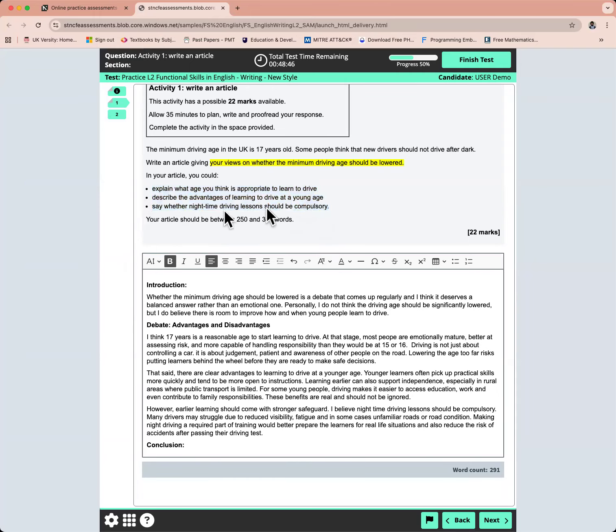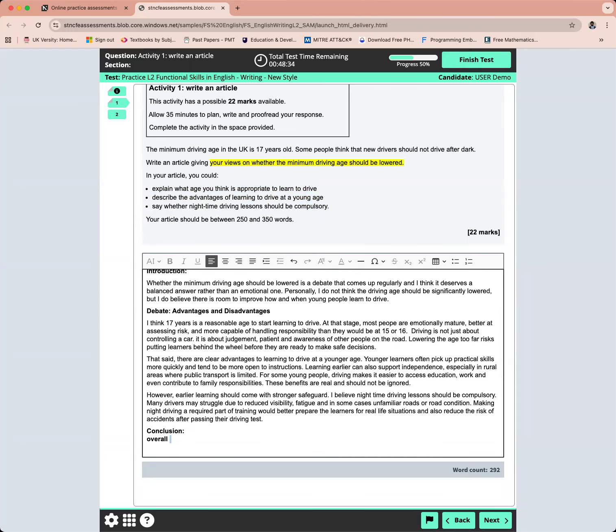So I've touched on night driving lessons, I've touched on advantages, I've touched on what I think about the driving age. Now I need to bring this to an end. So what I would do is, obviously I don't want to make this bold, but if I've made it bold, select "overall". Now, capitalization important: "Overall," comma, "I do not support lowering the minimum